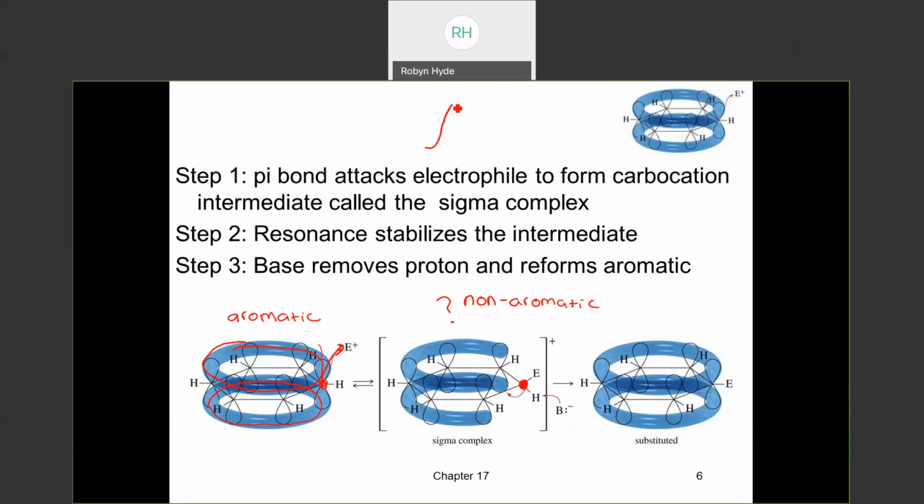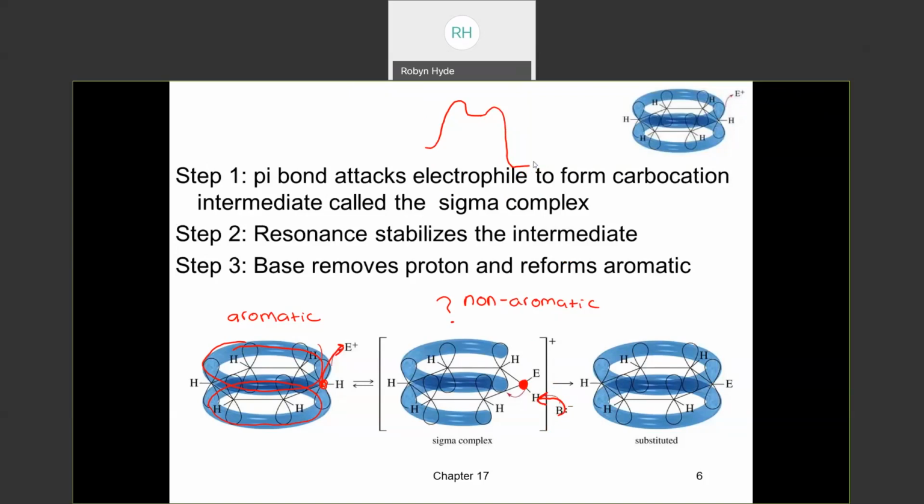This is very high in energy, but it is being lowered in the fact that there is resonance stabilization. However, when we have the base remove a proton, we reestablish the aromatic nature. We form a final product that is stable. Okay, so then this is the figure from your book reminding you about what is happening in regards to the aromaticity of the benzene ring as we move from the starting material to the non-aromatic intermediate back to the aromatic